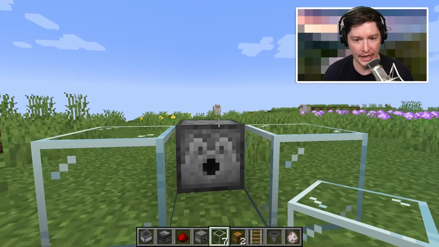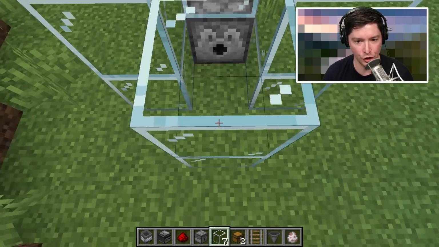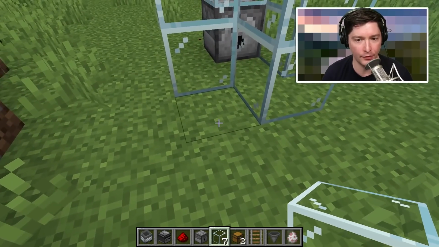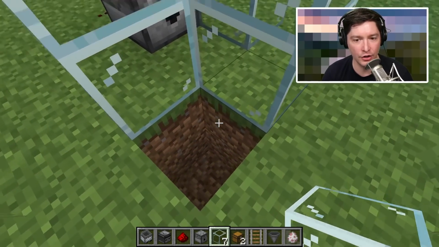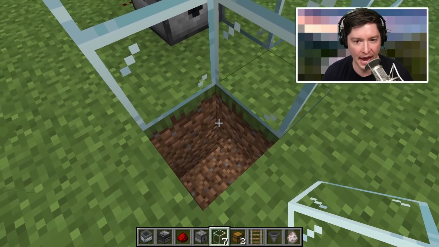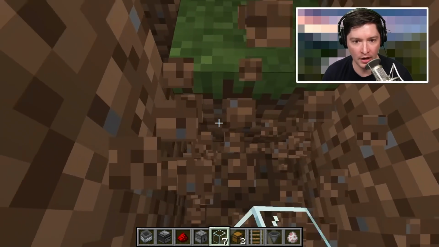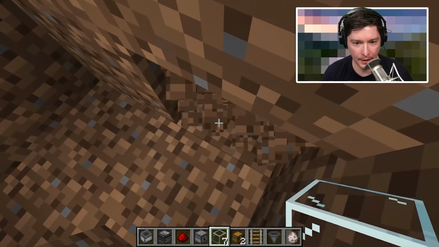And now we can just build up all of these glass walls and then fit our sheep inside of there. Actually, hold on just a moment before we do that sheep thing. Now we're going to dig down and we want to get underneath that block, right? So that block right there that I just destroyed is right underneath that block. So we're going to keep that in mind. This is going to be where our